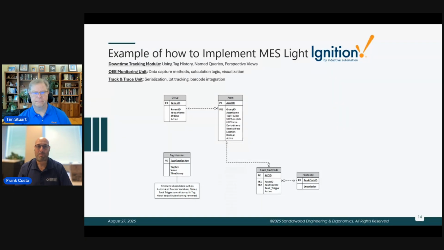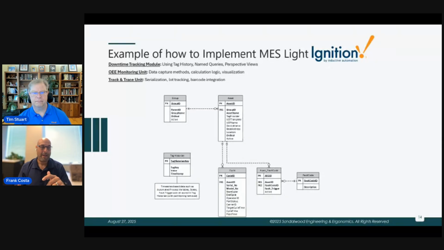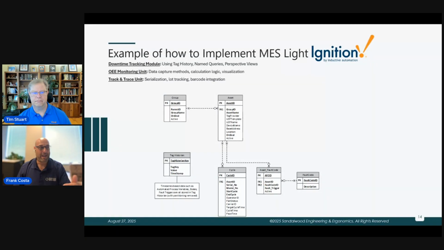Then they wanted to go in and do some OEE tracking. So we went through and added cycle tables. So quick OEE, what's my cycle? What does it look like? Because we knew they wanted to go with track and trace as the next module, we automatically started bringing in some of the track and trace information, model number, serial number, and whatnot. I'm not going to show the track and trace tables, but that was our next one, which directly utilized both the asset table that was created and the cycle table that we created for the OEE